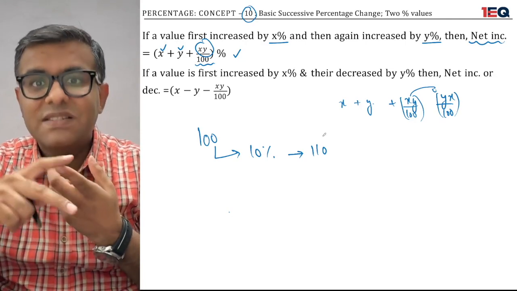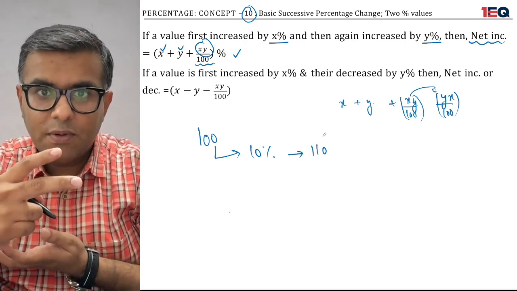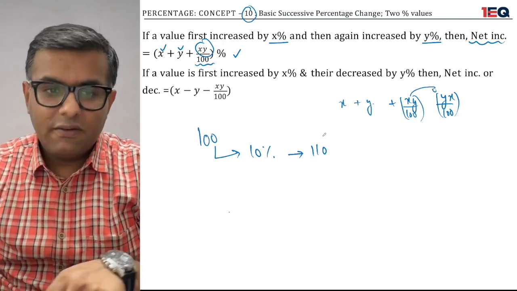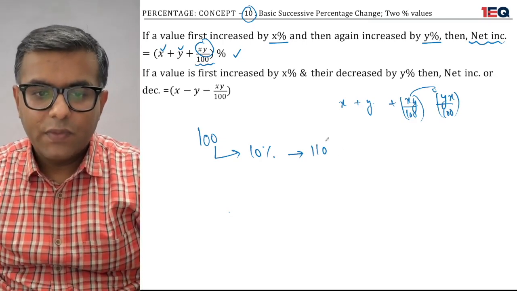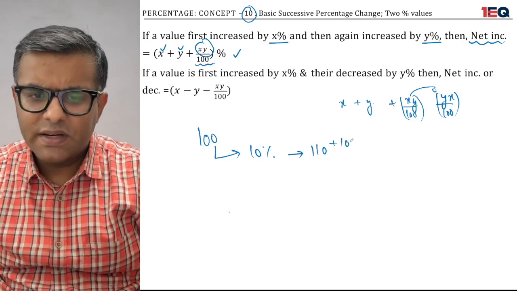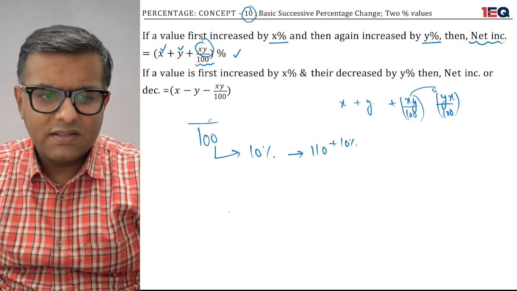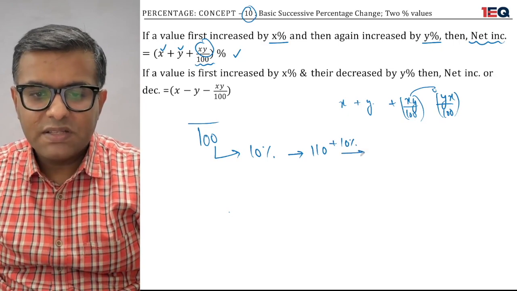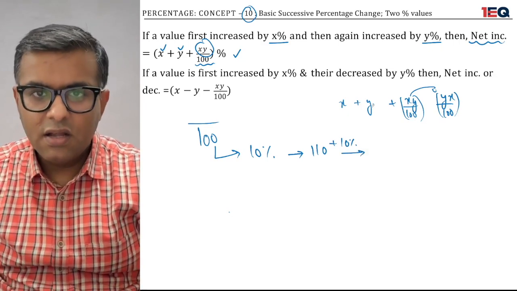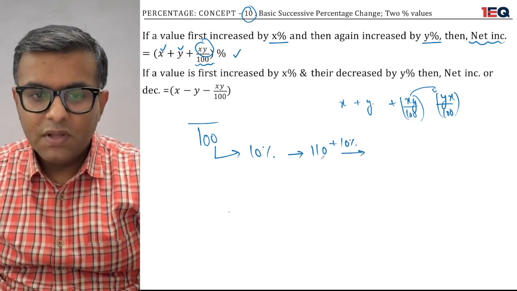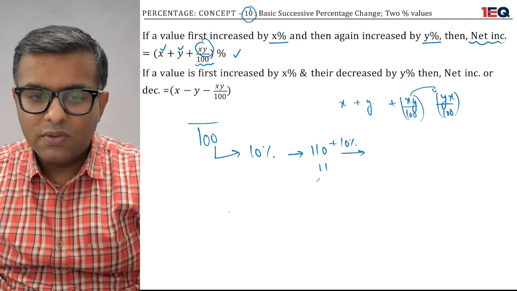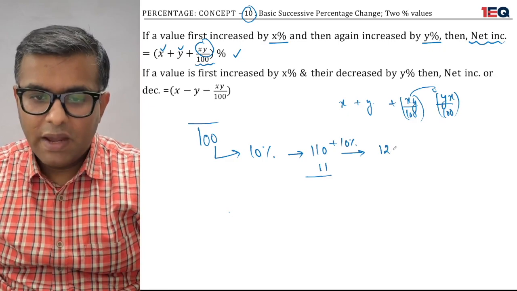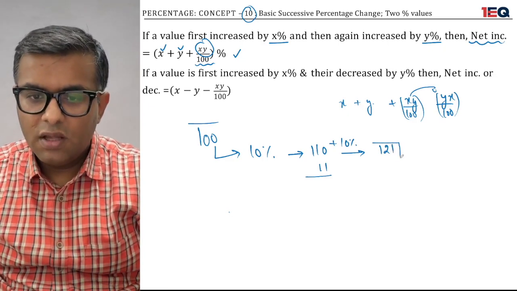Now there is supposed to be a second change that is supposed to happen. For that, I'm going to write plus 10 more percent. This is an example. So these are hypothetical values. Another 10% of 110 would be 11. And I'll be adding 11 to the first value, which would get my final number to be